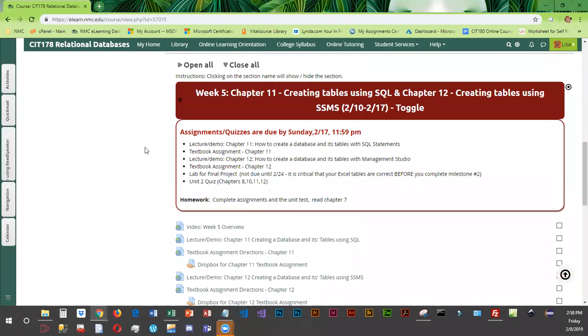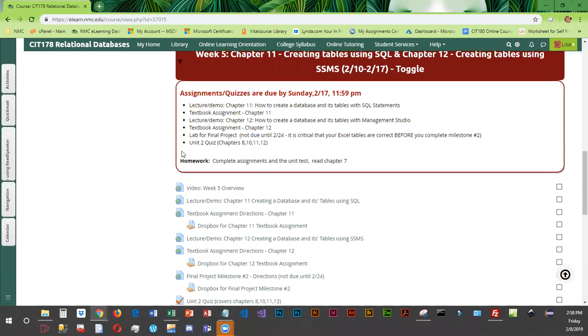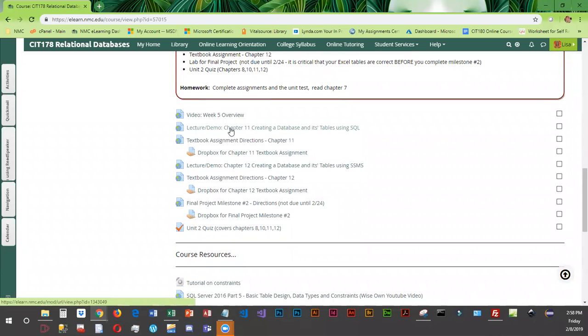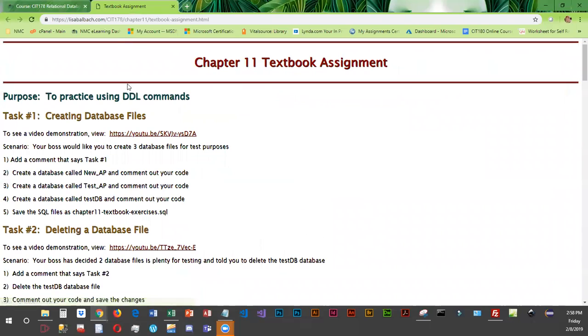So for week 5, we are going to go through 2 chapters. Chapter 12 is really short, and chapter 11 basically is going to teach you how to create your database and your tables using SQL code. So you're going to read through the chapter in the book and read through the lecture demo. Then you're going to come in and do the textbook assignment, which basically teaches you how to create the database,